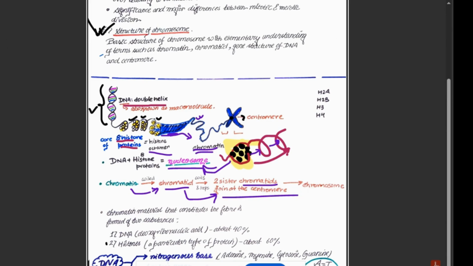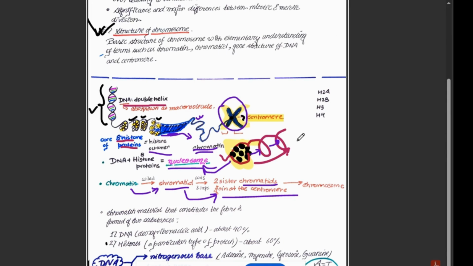Now what are the sister chromatids? See, this is one sister chromatid, this is another sister chromatid which joins in the center. You see the black dot I have made, and this is known as centromere. Very, very important question. What is a centromere? And this as a whole, I mean the two sister chromatids joined at the centromere form